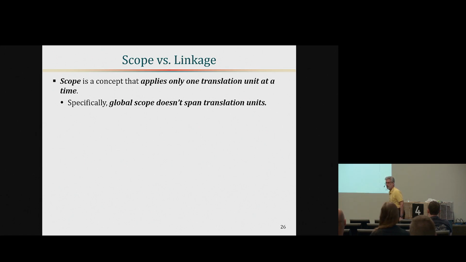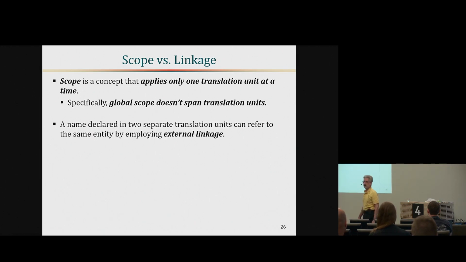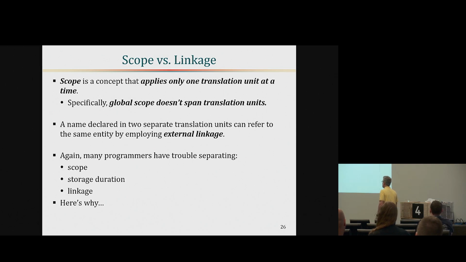So how is it that a name used in one translation unit can refer to the name with the same spelling in another translation unit? The answer is, it does it with linkage. I want to make these distinctions really clear and give you what I think is a fairly accurate conceptual model of how this happens within the compiler and how it affects the way you organize things. So once again, the problem is a lot of programmers have trouble separating scope, storage duration, and